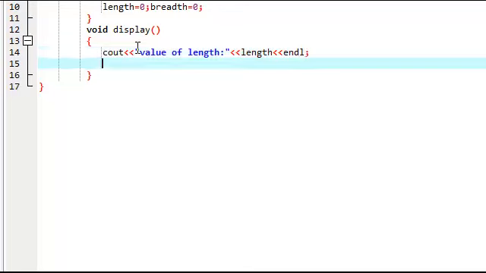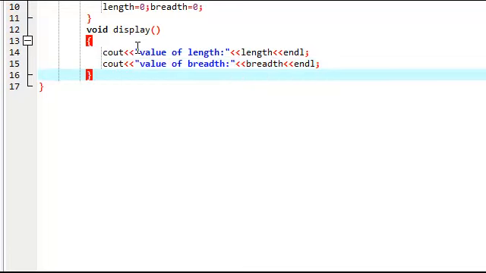Next I write again cout, then the insertion operator, then within double quotation marks value of breadth, colon, then again insertion operator, then the name of the variable breadth, again insertion operator, the new line character.